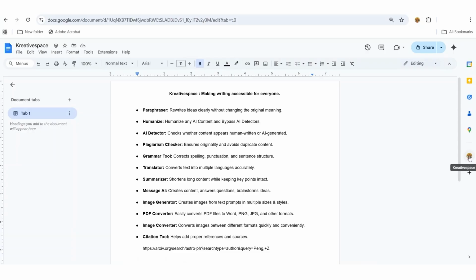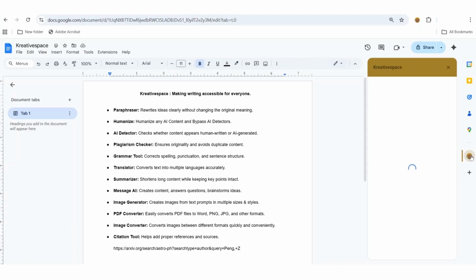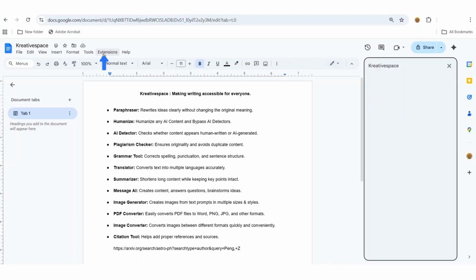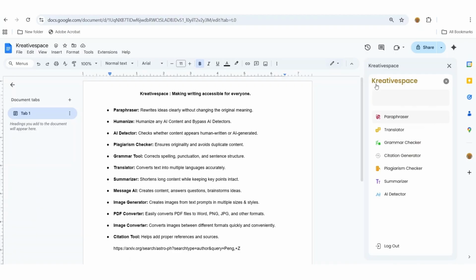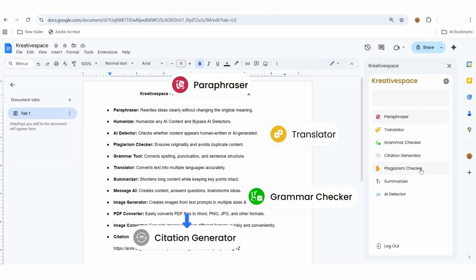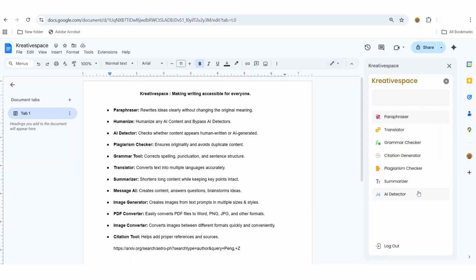Let's get started with the Google Doc add-on. Over here, just click on our Creativespace Google Doc add-on once you have downloaded it from our extension. Once that is done, every single tool, be it Paraphraser, Translator, Grammar Checker, Citation, Plagiarism, Summarizer, AI Detector, every single tool is in one place to make sure our user doesn't have to switch between the platforms or the tools